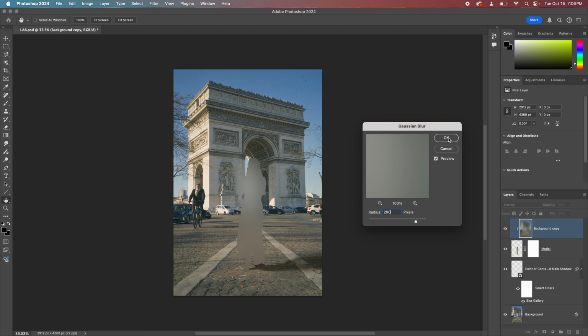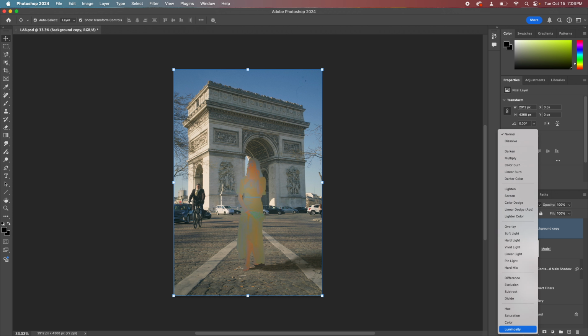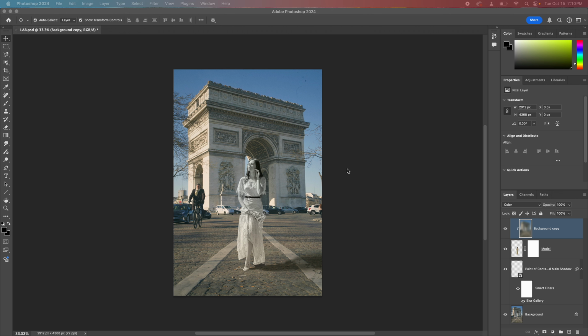And then we're going to hit OK, and then we're going to change the blend mode to color, okay? And now we have this kind of decolorized version of her on top. So we're going to go ahead and reduce the opacity of that layer on the layers panel over here to like 40 or so. Okay, so it's blending the color mode of the foreground with the background. And if we can do the before and after for this, right? She's a little bit too saturated and colorful in this one,